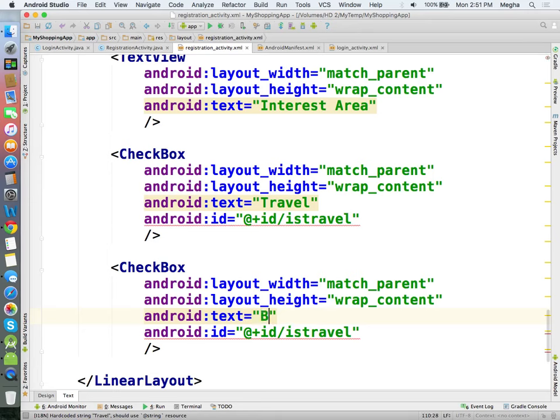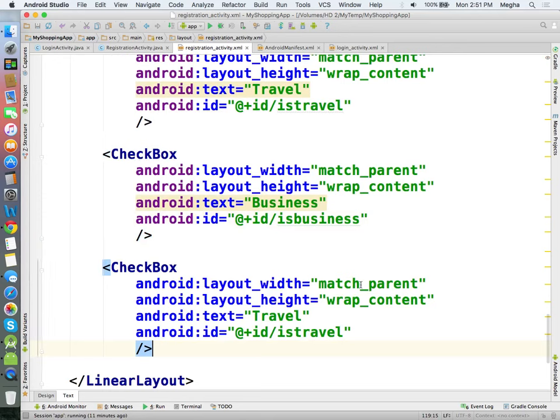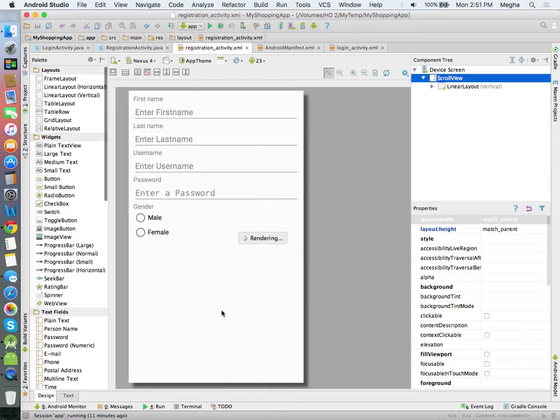Business. Okay, so we have added checkboxes.